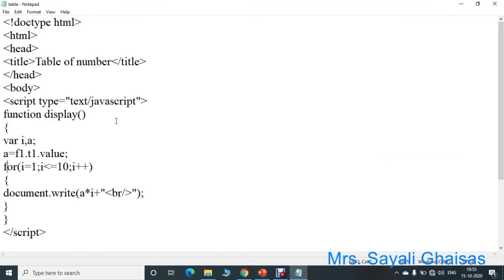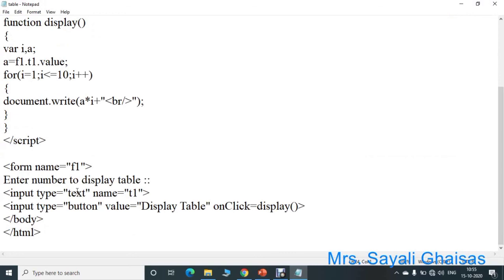See here how this program works. First of all, this form takes input in the text box control whose name is T1. So from the F1 form, from the T1 control, the value is inputted, which we store in variable a. Then we declare a variable i with initial value 1 and then increment it. First of all, i's value is 1. The condition is true because 1 is less than 10. The loop executes the statement. So a contains the value 10. So 10 into 1 is 10. The first value printed is 10. After that, next line, then i plus plus. i's value now becomes 2.